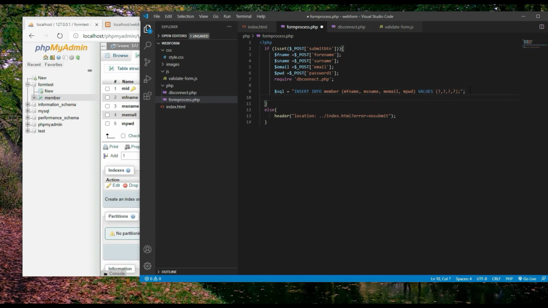So I'm going to create a statement, and my statement is going to be initialized. So mysqli statement initialize,